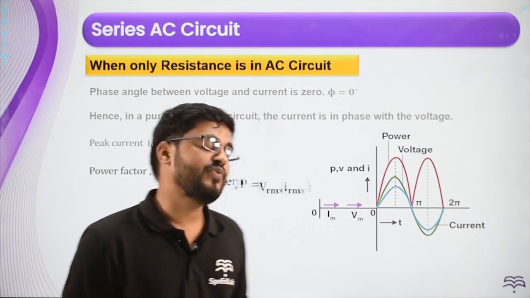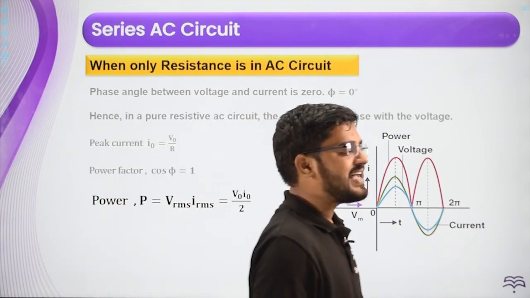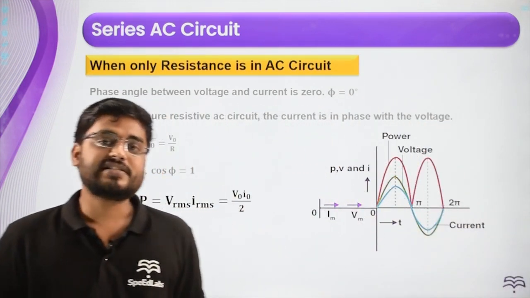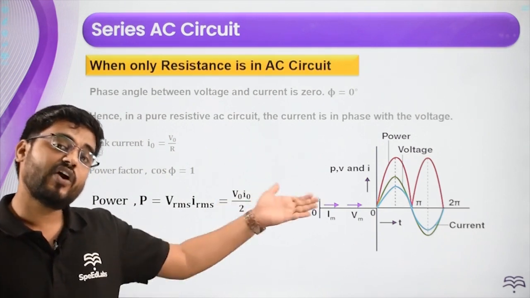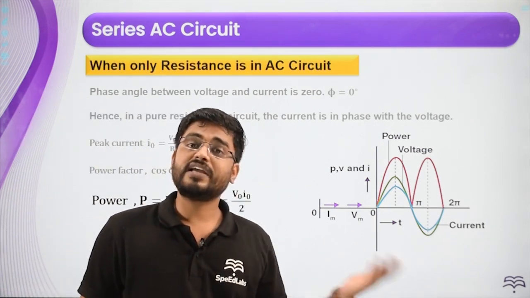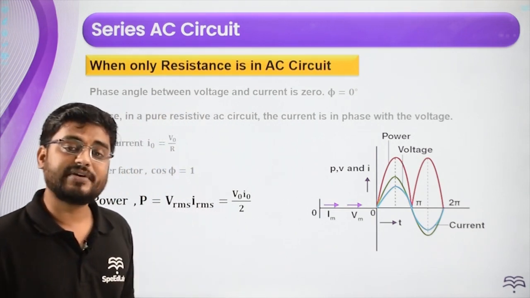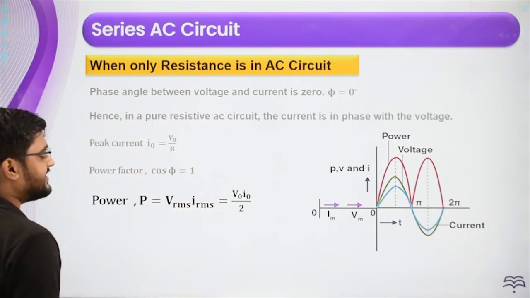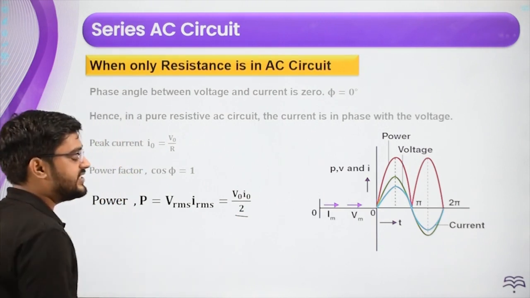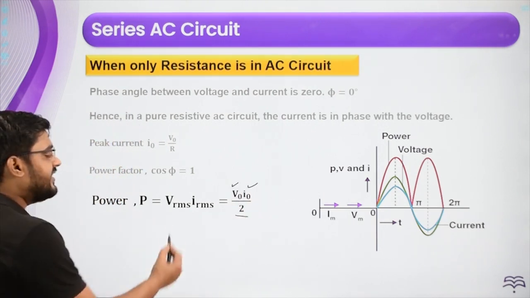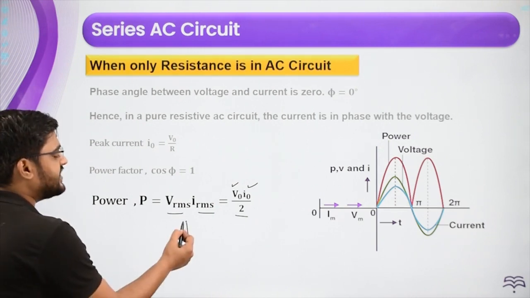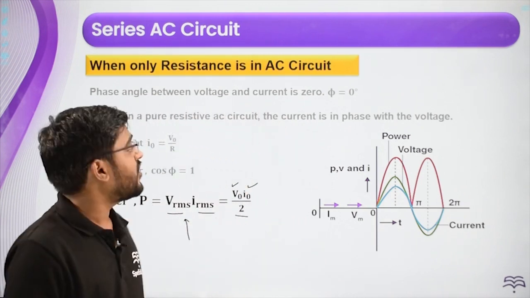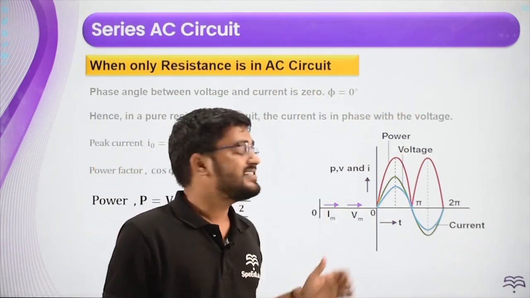If power factor is 1, then what is our power? Power has a formula Vrms Irms into cos phi, right? And cos phi is 1, so it is simply Vrms into Irms. If you want, then you can write Vrms as V0 by root 2, that is peak voltage divided by root 2, or if you want to write Irms in terms of peak current, you write peak current by root 2, right? So that root 2 and root 2 multiplies and gives you 2. So this is V0 I0 by 2. This V0 and I0 are peak voltage and current, and these are RMS values. It's better to use this formula. So always remember the power formula is Vrms Irms into cos phi. Just cos phi is 1 because phi is 0 when this type of circuits are there.